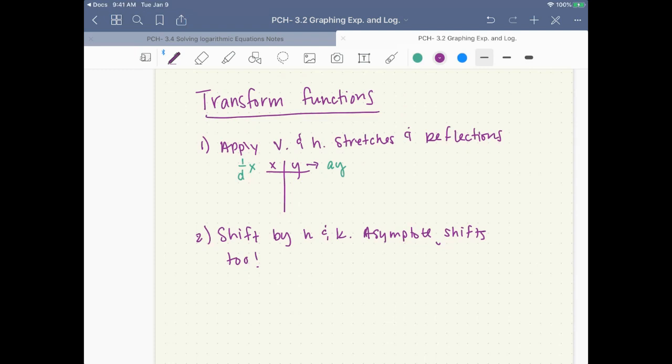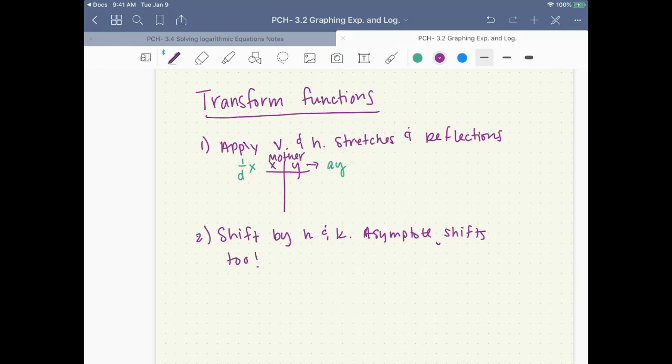Hi, we're working on exponential and logarithmic graphing and transformation. So just a couple of rules. Remember, we apply the H and K, or the vertical and horizontal stretches first. I always start with my mother table, and then I